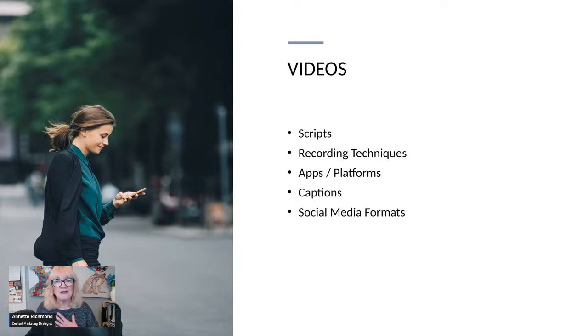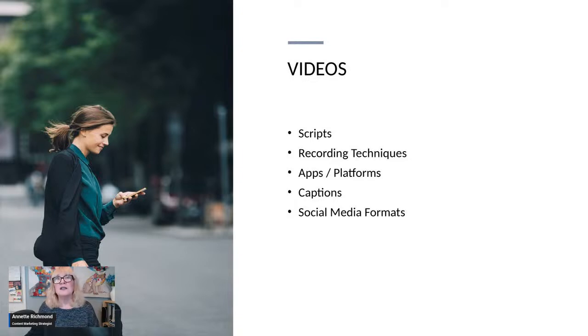My favorite recording technique that I learned from a video coach myself is to record one line at a time. Now this helps for a few different reasons. One, you don't have to memorize what you are going to say in your script.